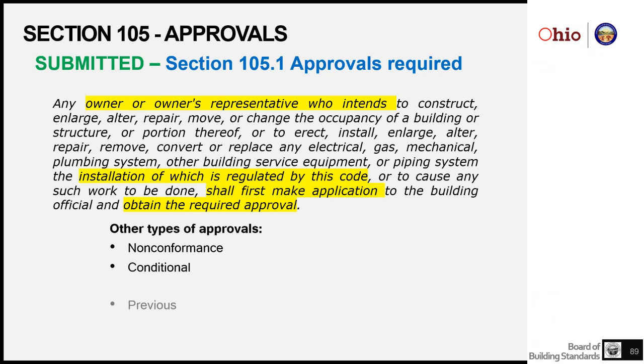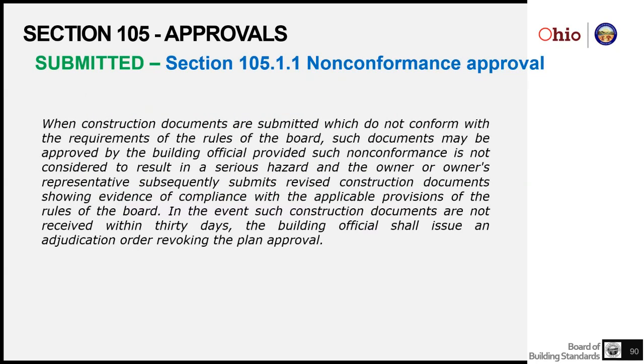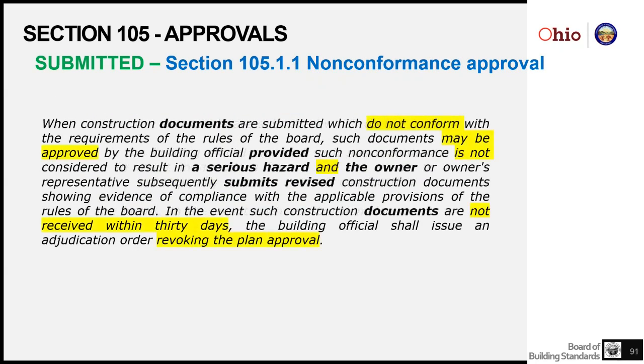Also in section 105, there's a number of different types of approvals that can happen when a full approval is not able to be granted or made, and that's the list of them. We'll touch on them briefly. So a non-conformance approval is the first one. This is when the documents do not conform to the rules of the board. The building department can still issue an approval,